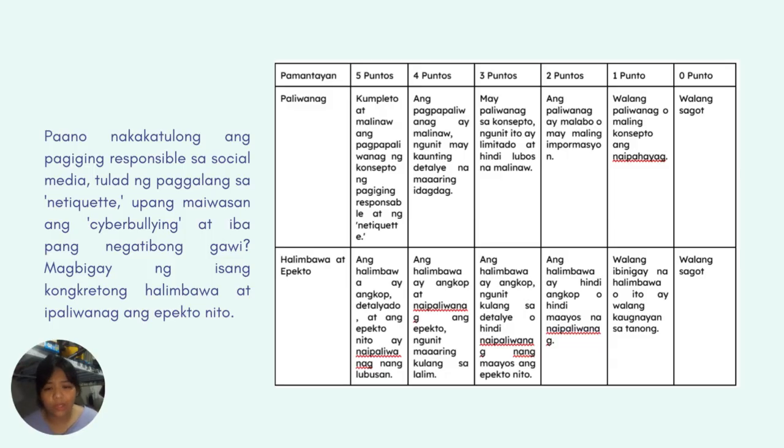For the restricted response essay item, the question development here uses a specific action word, ipaliwanag, to ensure the student's task is clear and focused. It requires the student to connect the concepts of being responsible and etiquette to prevent cyberbullying and to provide a concrete example demonstrating the student's ability to apply their knowledge. The question is short and straightforward, making the required answer brief and simple. For my rubric, I use an analytic approach since this is best for restricted response items because there's a clear answer we're looking for. The rubric has two main parts, a score for their explanation and a separate score for their example and its effect.